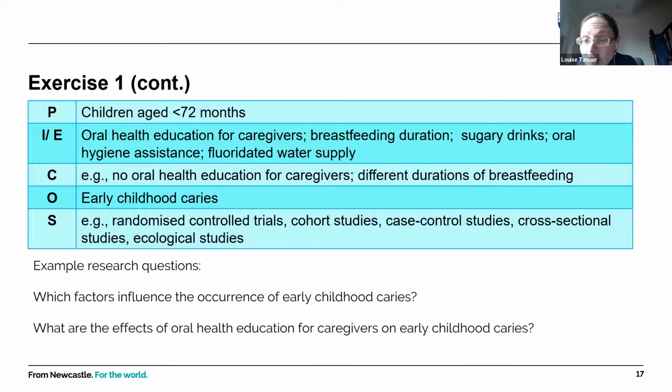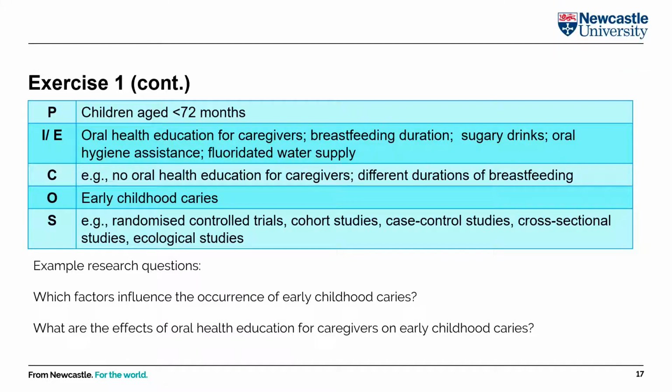So yes, to answer your question, you can have a broader overriding question that your review is aiming to address, but then you can split your review up into different sections where you look at specific factors, with research questions focusing on specific risk factors or interventions. Okay, thank you so much. You're very welcome. Does anybody else have any questions?